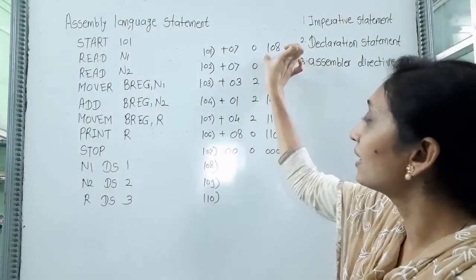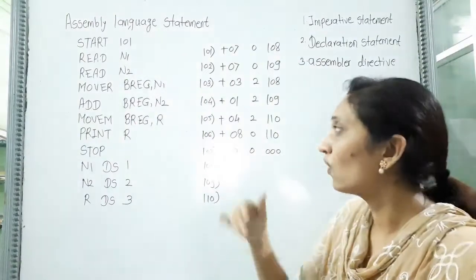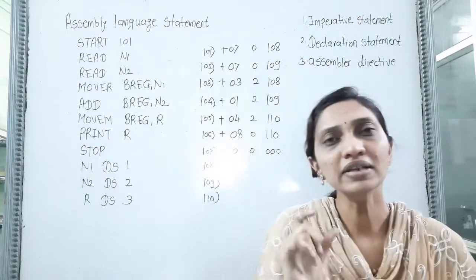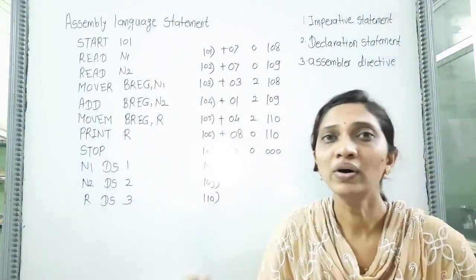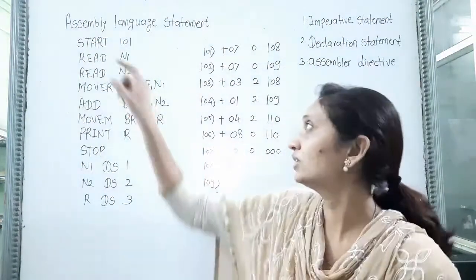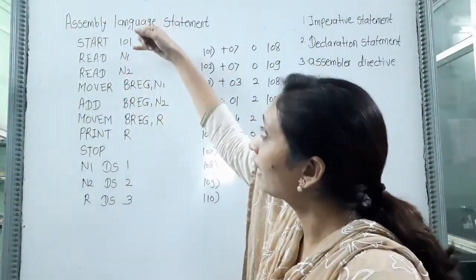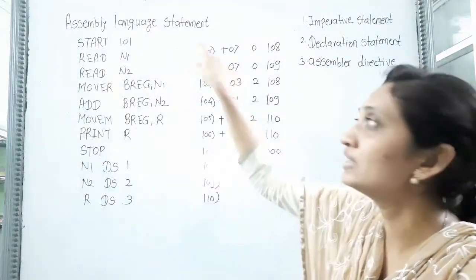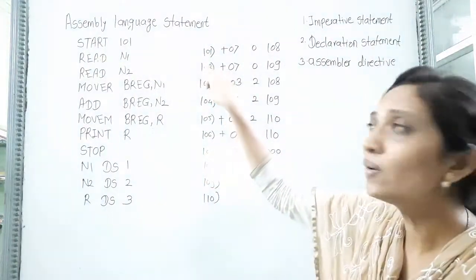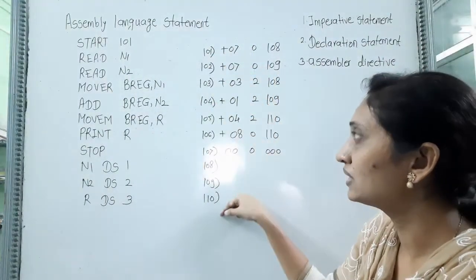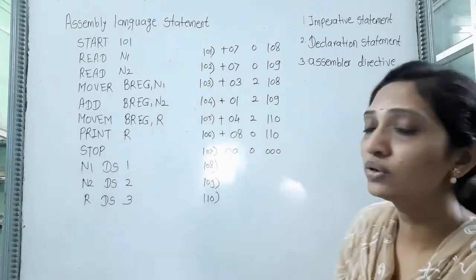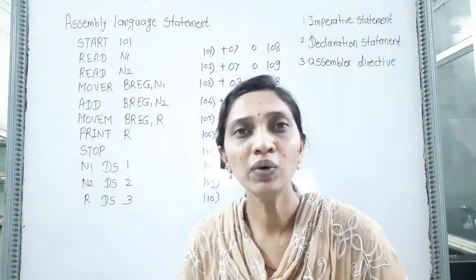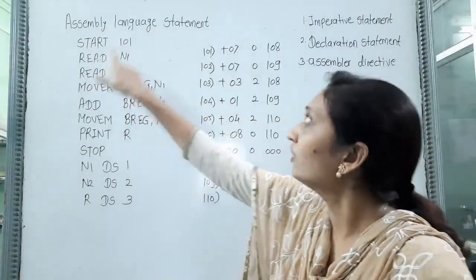Okay, now here the memory address, which address do we have to give? So for that purpose, see here START 101 means our program instructions are stored starting from location 101. The statement after START, that is your READ statement, has the value 101, means that it is stored in memory location 101. So we write all the numbers here, 101, 102, 103 for each statement. After that, for READ which mnemonic opcode is used? 07.